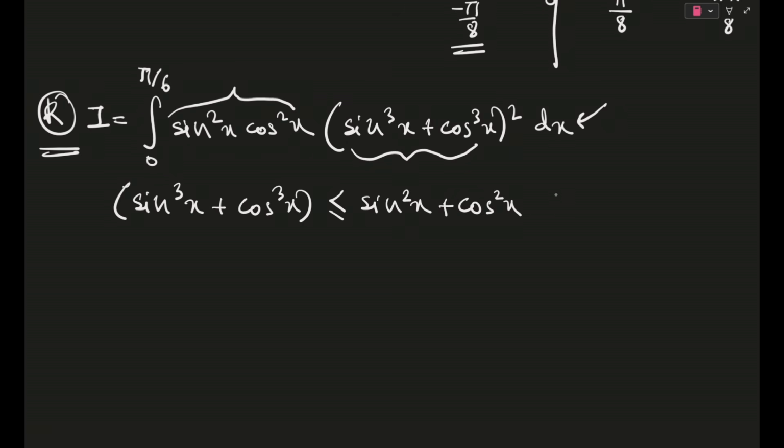So yeah, and this thing will be less than or equal to 1. I mean, this thing is equal to 1. So in other words, sine cube x plus cos cube x will be less than or equal to 1. This is the first inequality. And this was the less than or equal to. For finding the other part, I will use another part